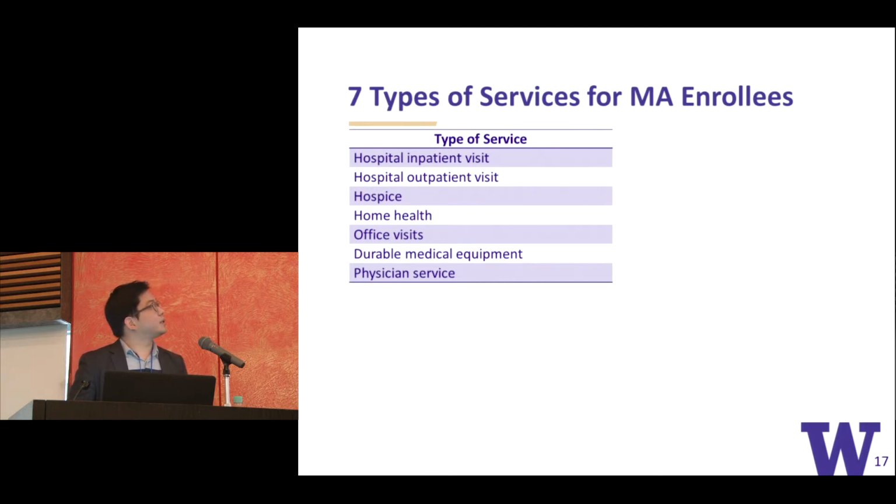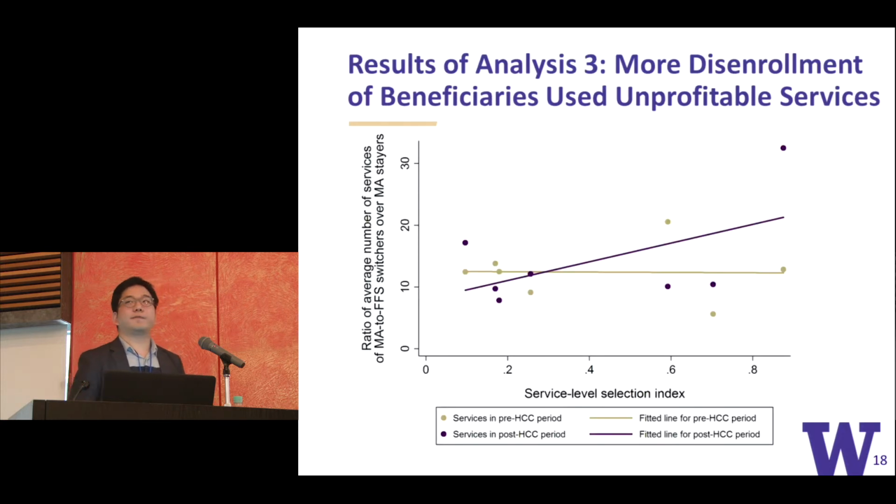But the survey data only collects information on 7 types of services. And the last service, the physician service, captures all types of services that are provided by a physician, so that is like aggregated values. And this is the result from the third analysis. So compared to the pre-ACC period, in the post-ACC period, the slope